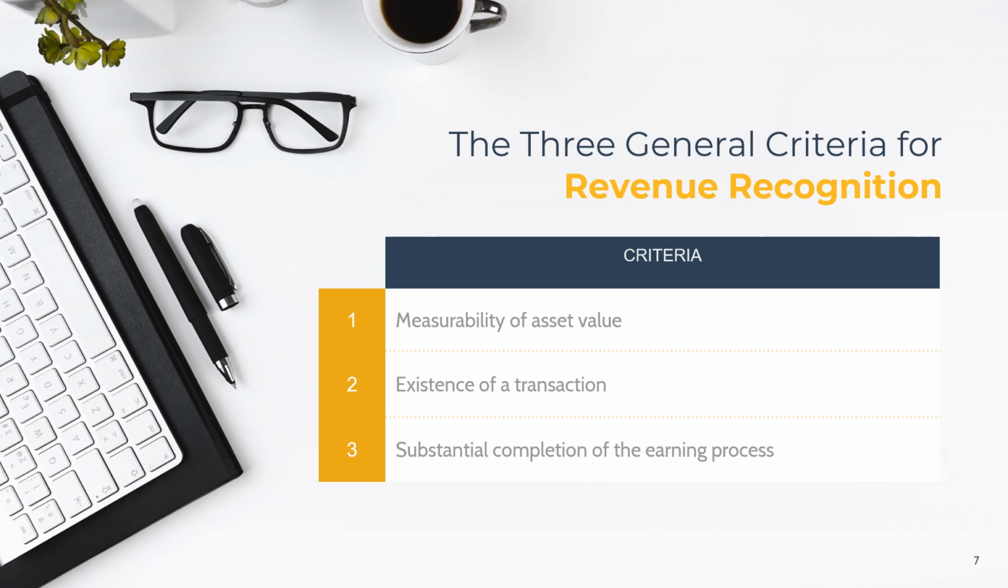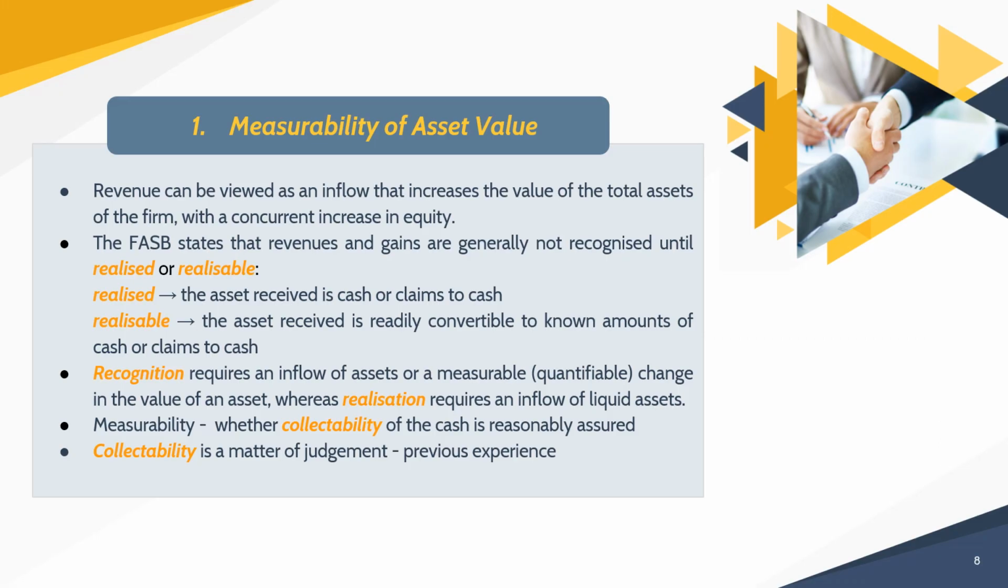So, there are three general criteria for revenue recognition. First, measurability of asset value. Second, existence of a transaction. Third, substantial completion of the earning process. First, measurability of asset value. Revenue can be viewed as an inflow that increases the value of the total asset of the firm with a concurrent increase in equity. If there is no inflow of asset value that can be objectively determined, revenue cannot be